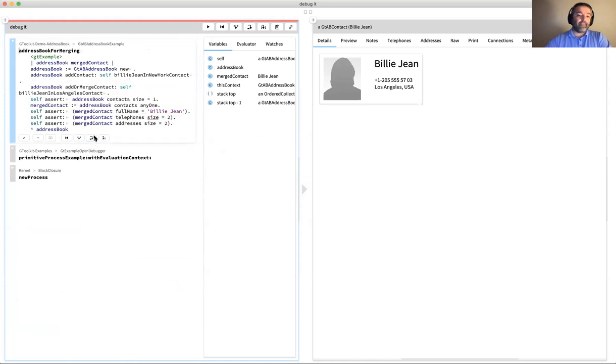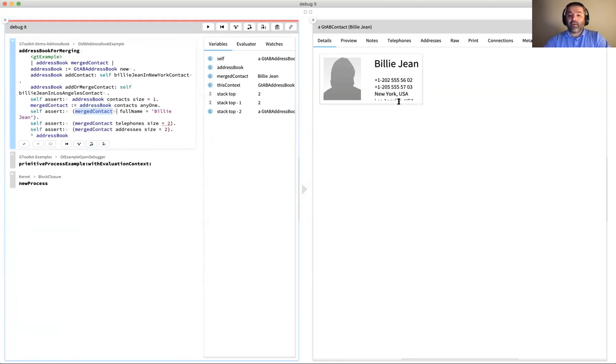Maybe I can inspect the object now to see what's there. Ah, you mean the merge contact? Look at that, it's over here. Great. So now if I look at addresses, then I have the correct thing. Pretty cool. Okay, so this means that if I